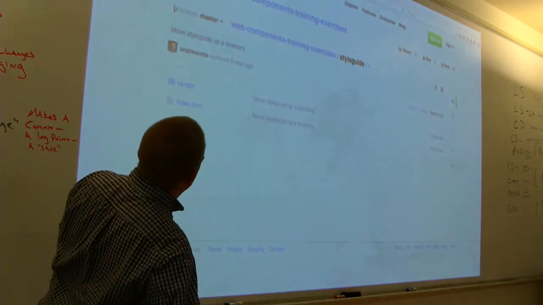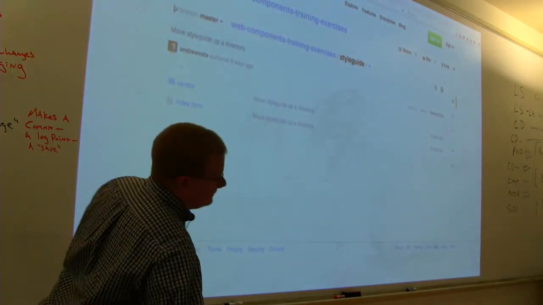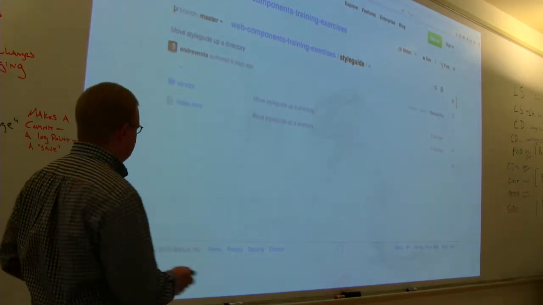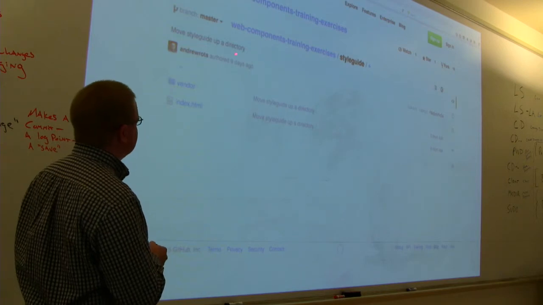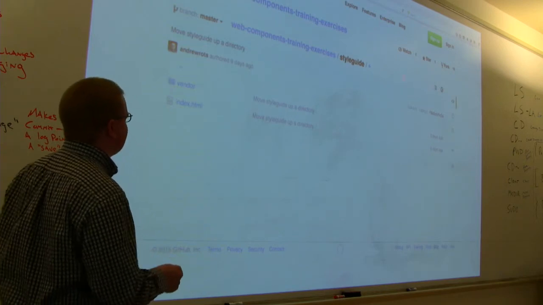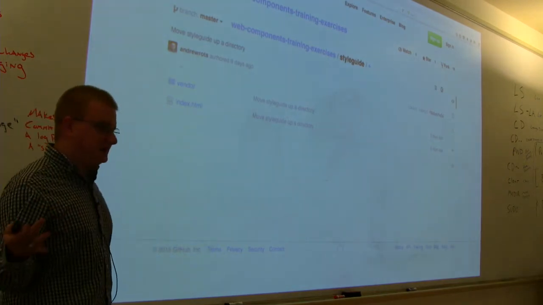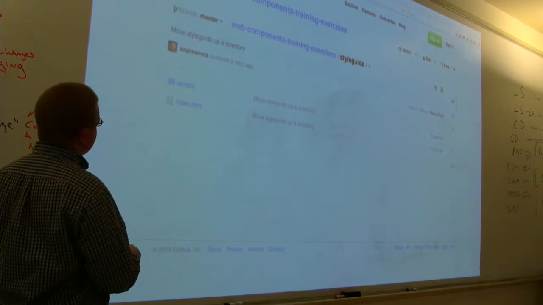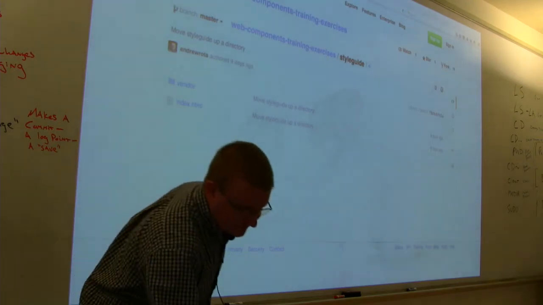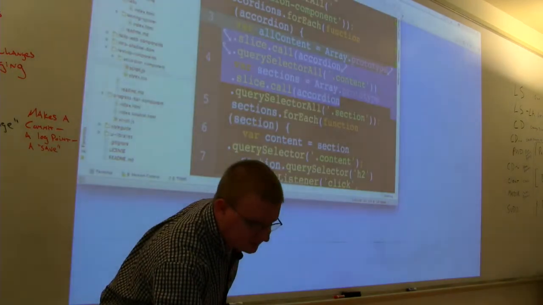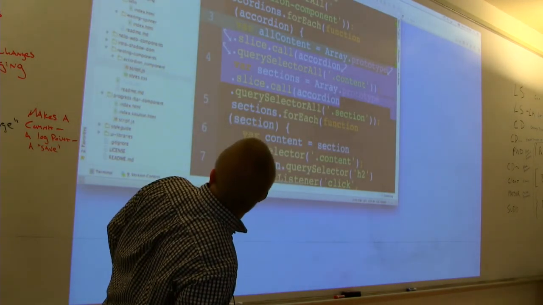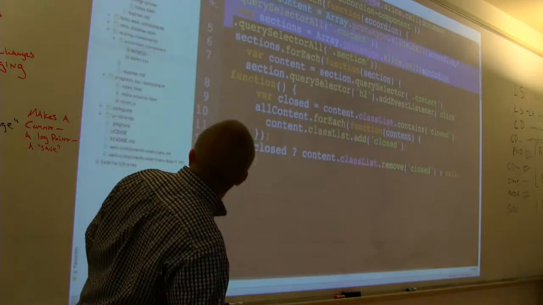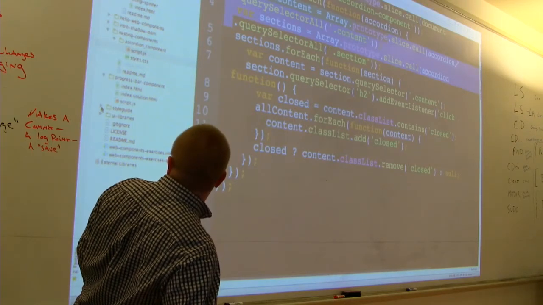All right, so if you pull up the GitHub URL, and if you are just joining us and don't have the URL, we'll get that to you. You'll notice that we have a folder called Style Guide. And so this isn't just one exercise. It's sort of an exercise that we'll try to keep going throughout the week. But we have our index.html. Let me pull up my IDE. All right, so if I pull up Style Guide,